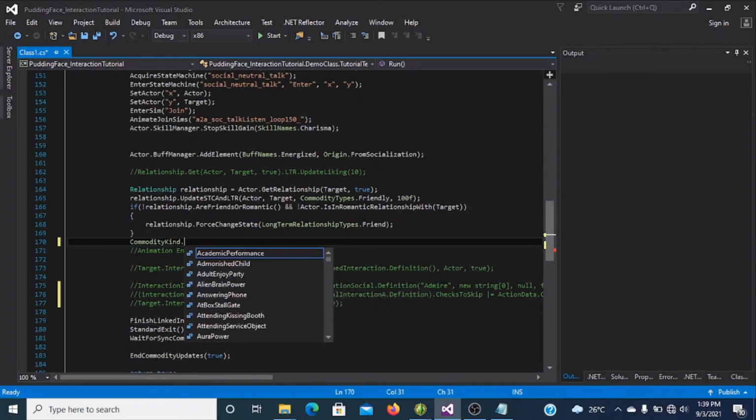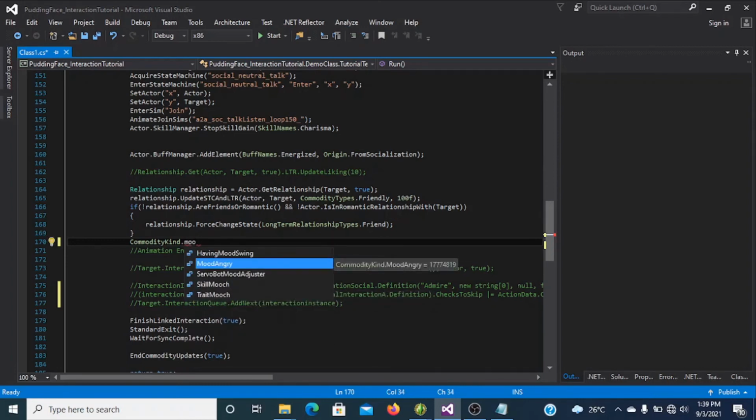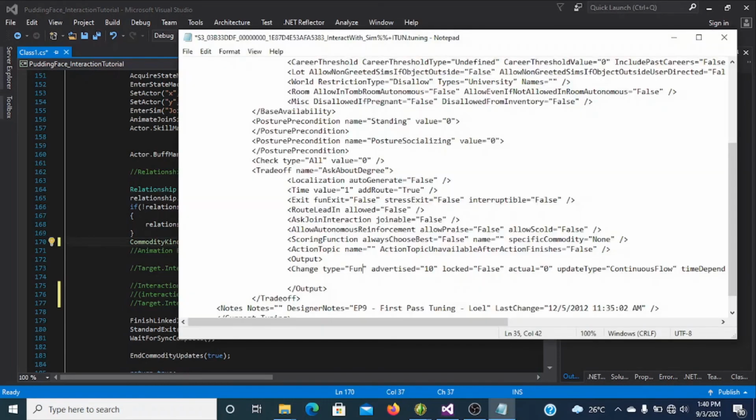So I'm going to write fun. This means the fun motive bar. And in the advertised, I'm going to select 100. The advertised value determines how likely the sim is going to use this. So the higher the number, the more likely the sim will use this when fun motive goes low. I'm going to select 100 here,